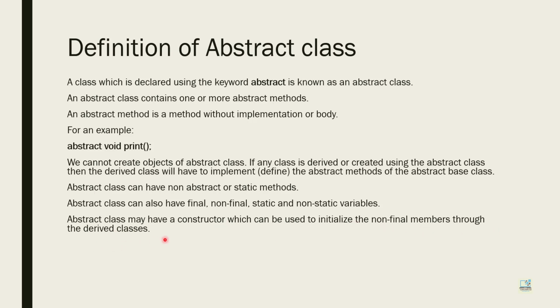Now, I just said that we cannot create objects of an abstract class. Then you must be thinking, what is the use of a constructor? Basically the constructor is required so that the data members that we have in the abstract class can be initialized through the derived classes. Using the derived classes we can call the constructor of the base class. That is part of the process of inheritance. In inheritance we call the base class constructor from the derived class. In that way, we can use the constructor which is in the abstract class. Of course, we cannot create an object of an abstract class, so directly the constructor will not be called.